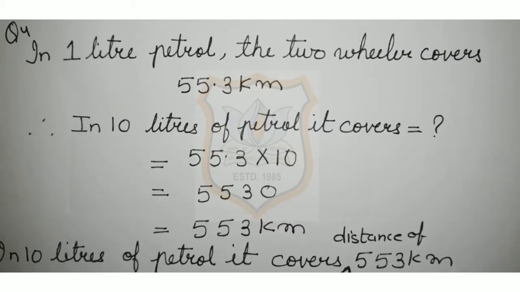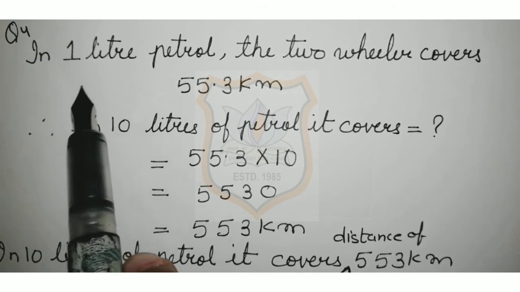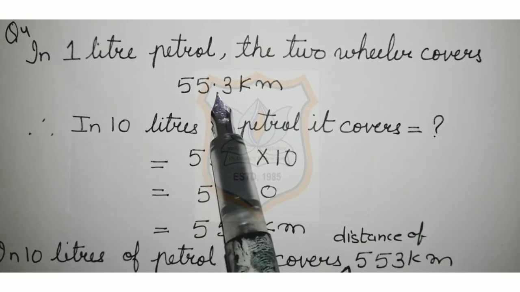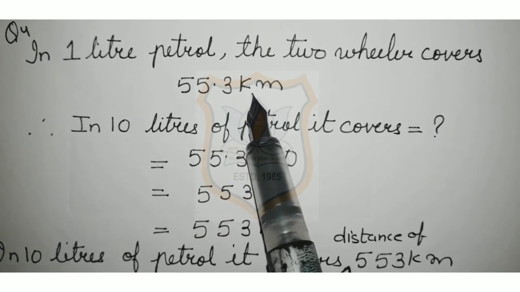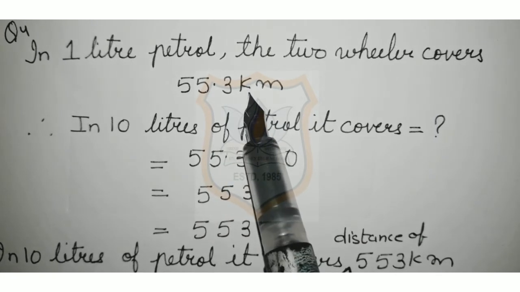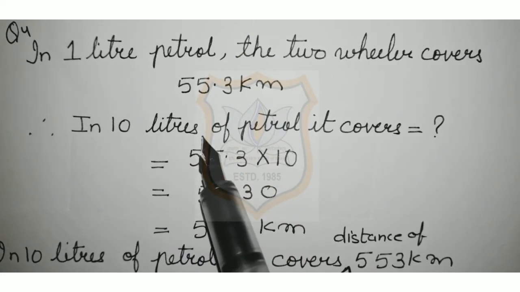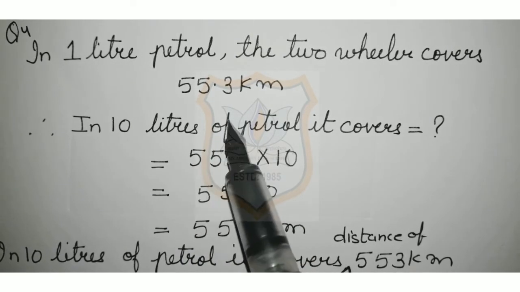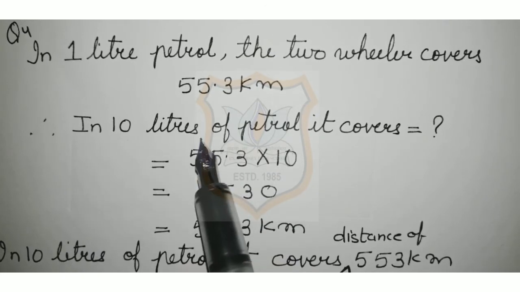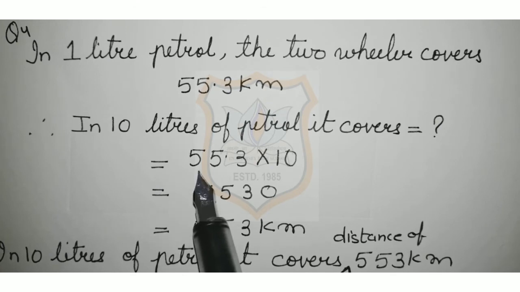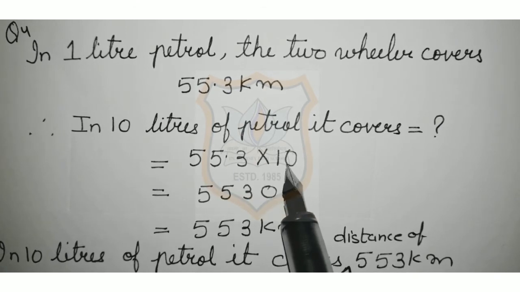Let's solve question number 4 of exercise 2.6, that is, in 1 liter of petrol the two-wheeler covers 55.3 km. That is already given in the question. Now you have to calculate how much distance it covers in 10 liters of petrol. Therefore, in 10 liters of petrol, the distance covered is equal to 55.3 multiplied by 10, that is